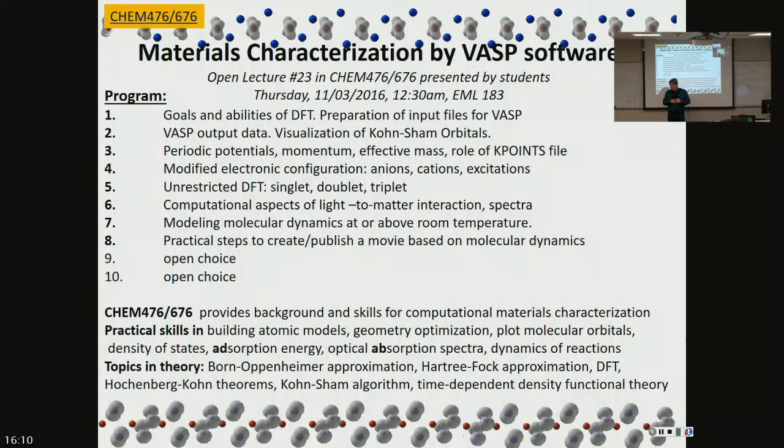One thing. Next. We will start with neutral, and then we will practice anions and cations. So you already see gamma neutral, gamma anion, gamma cation. Then we will try the lowest excited state. So gamma neutral, gamma anion, gamma cation, gamma excited. And then we will try